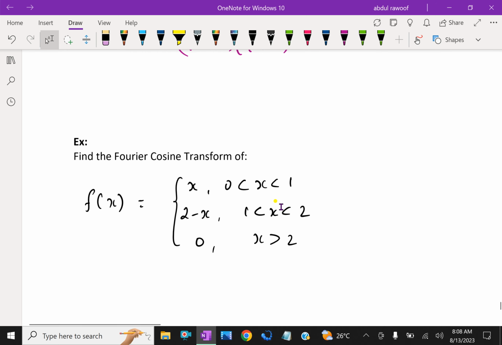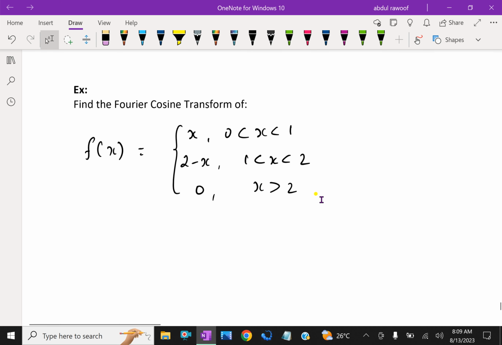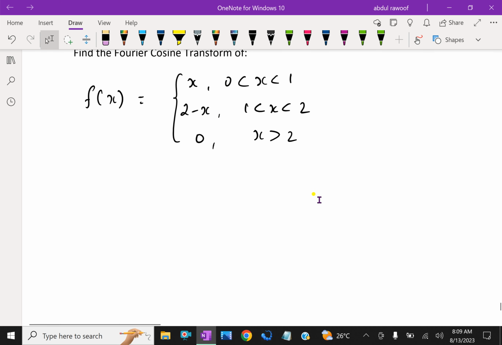Next question, Fourier cosine transform of this function. Find the Fourier cosine transform of f of x equal to x when x is 0 to 1, 2 minus x when x is 1 to 2, and 0 when x is greater than 2. Now, by definition, we can write